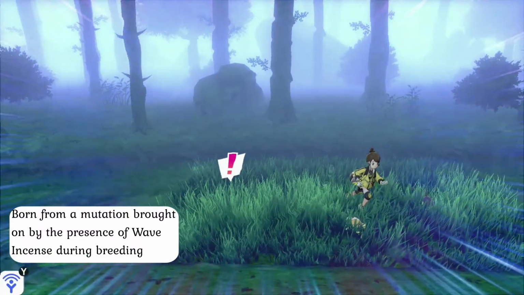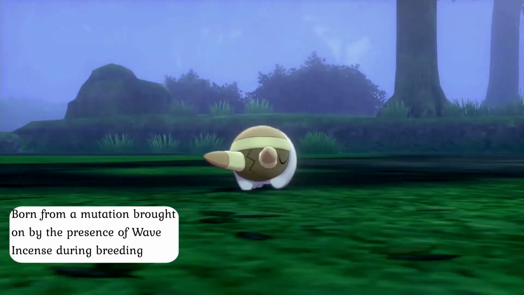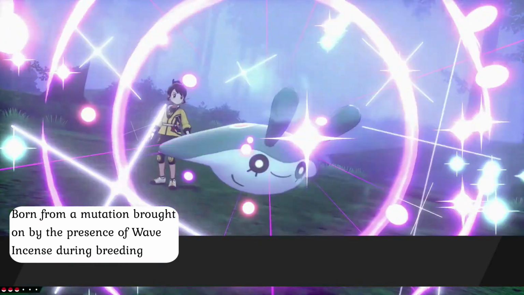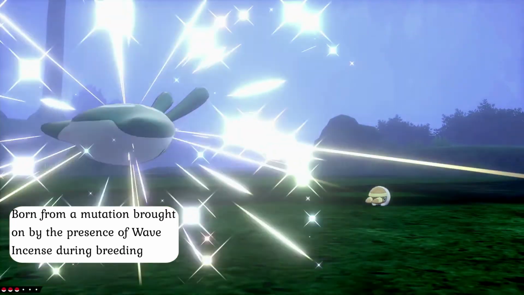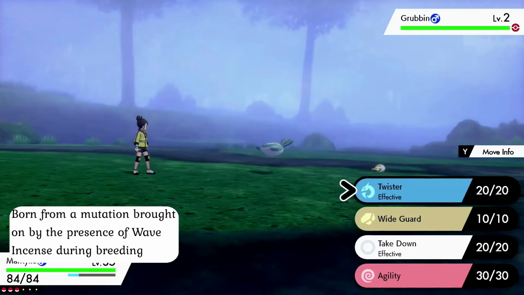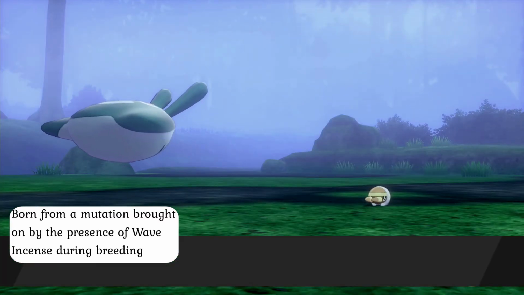Under normal circumstances, Mantine are born already in their adult form and thus have access to their full array of powers. When exposed to certain chemical odors, however, such as those from a wave incense, they mutate inside of their eggs and are instead born while still in a larval stage, known as Mantyke. As such, Mantyke are physically weaker and smaller than Mantine, but are otherwise very similar in terms of behavior and